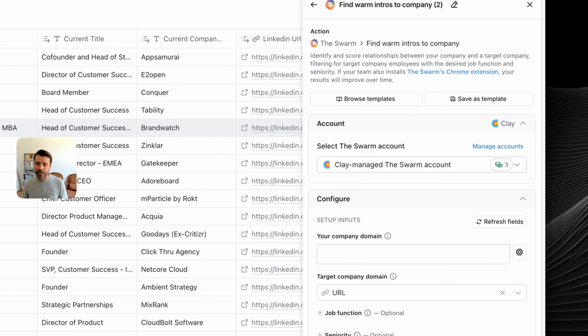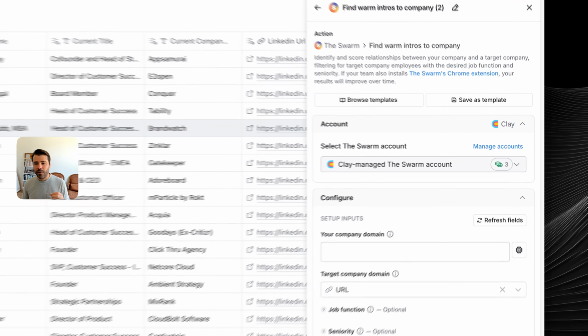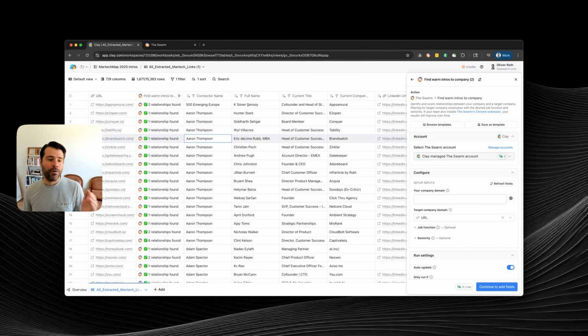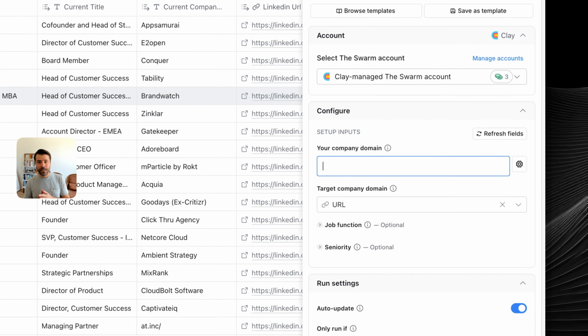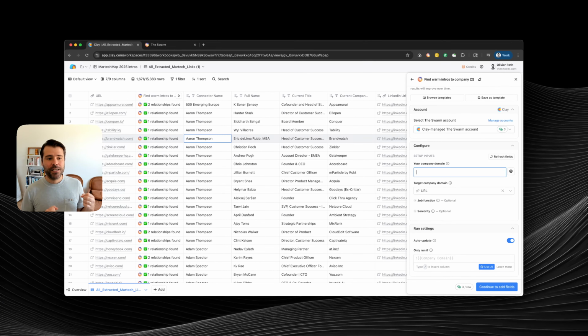So there would be the Clay Manage key. It costs 3 credits per row where we have found at least 1 relationship, right? We don't charge if there is no relationship found, as with other Clay enrichments. So you'll start with putting your company domain. This is how we can map the network around your company, and the initial domain mapping takes a few hours. So if you do this, you'll need to wait a few hours for the first time only